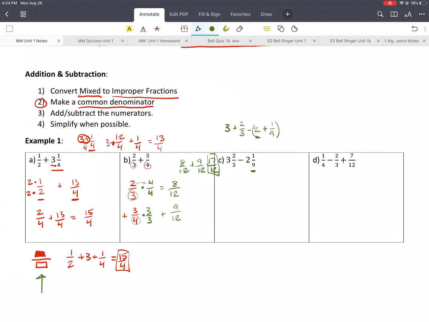Okay? All right. I know some calculators do have a spot where you can put your whole number and your fraction. So maybe look into that if yours has that. If not, you'd probably need to do what I'm doing. Okay? All right. But I'm going to do this by hand now. So here we have a denominator of 3. So we'd want to multiply this 3 by 3/3. So 3 times 3/3,